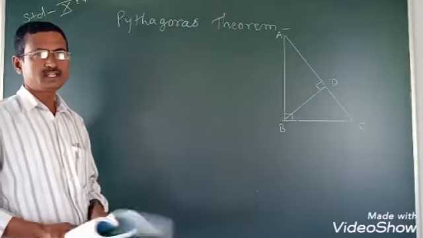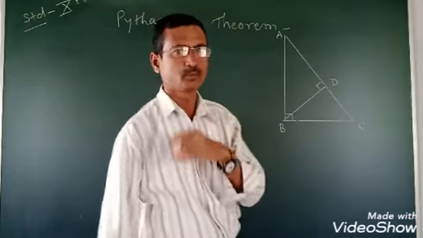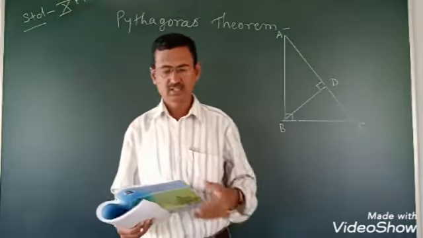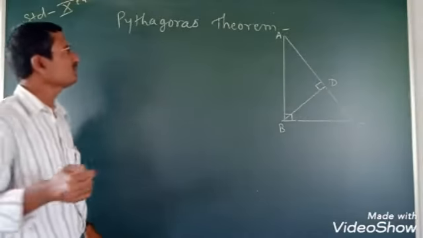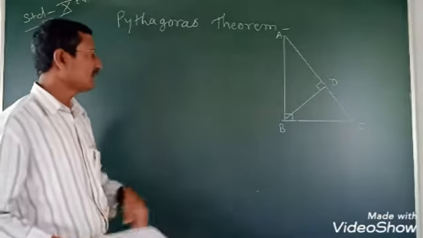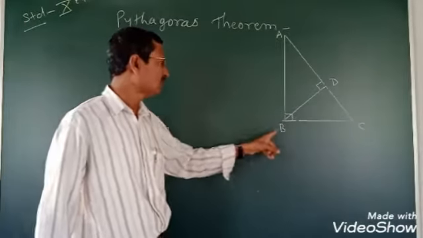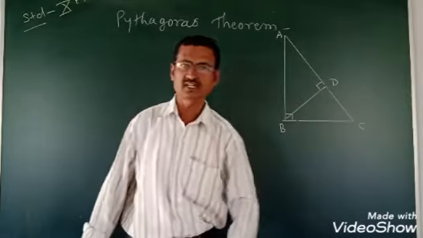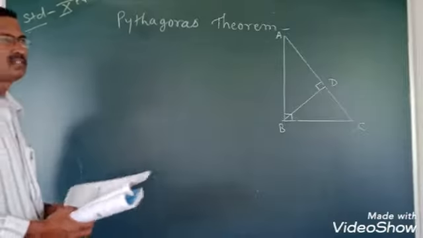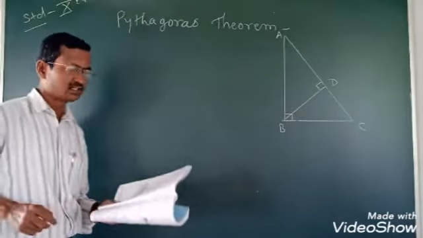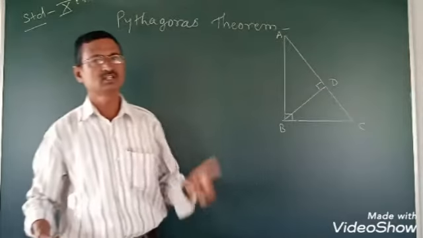Now a very interesting and important theorem is the Pythagoras theorem. It is asked for proof for 4 marks, and that's why we have to see how to prove the hypotenuse theorem. First of all, what is the hypotenuse theorem? In right angle triangle ABC, angle B is 90 degrees, means it is a right angle, and BD is the perpendicular drawn to the opposite side, means the hypotenuse of the triangle.